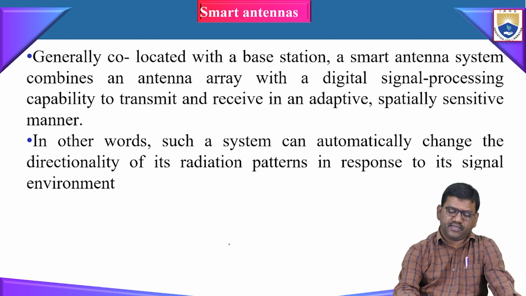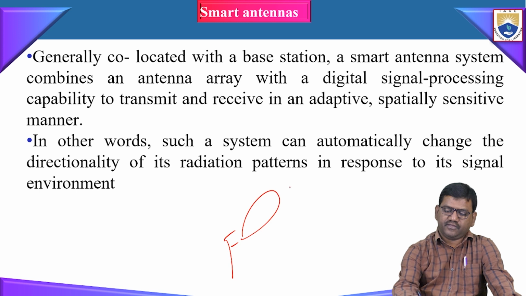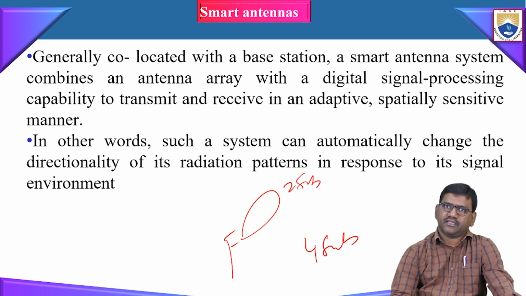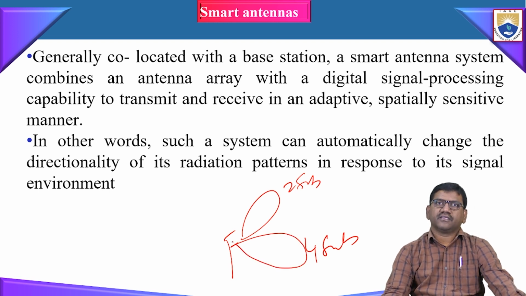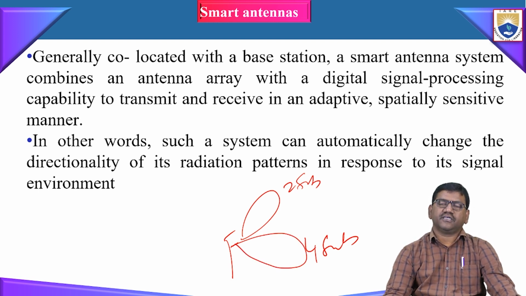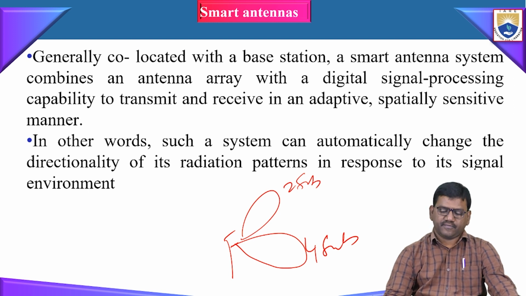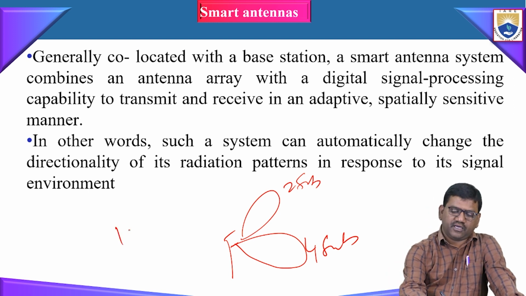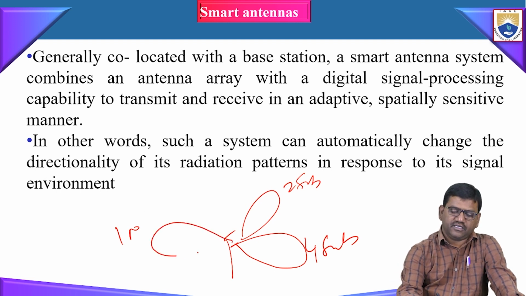Suppose the radiation pattern of the antenna is this, and if there are 2 subscribers here and 4 subscribers here, then the radiation will be shifted directly to where the subscribers are more. Where the mobile units are more, automatically the direction of the radiation pattern is changed according to the signal environment. Suppose there are more than 100 subscribers in this direction, then automatically the radiation pattern is shifted in this